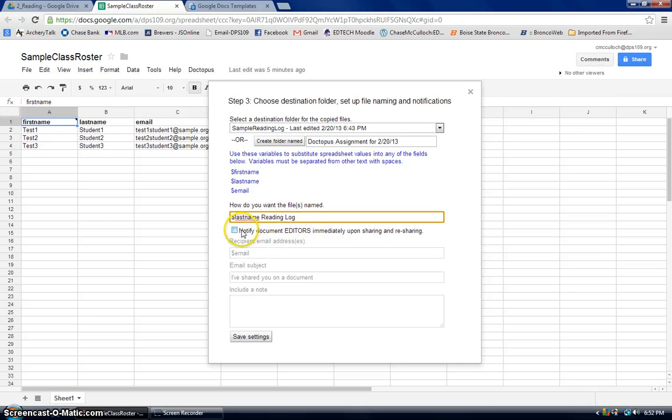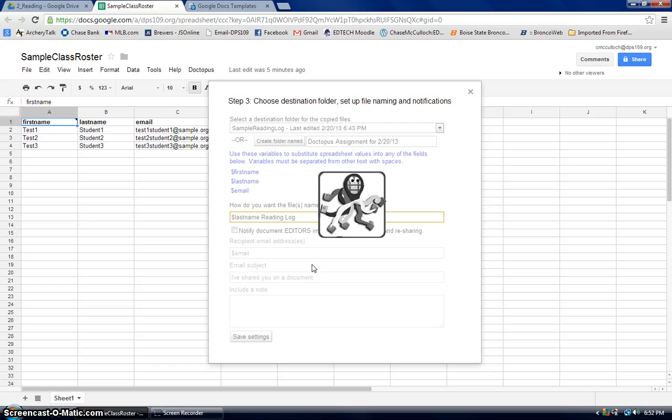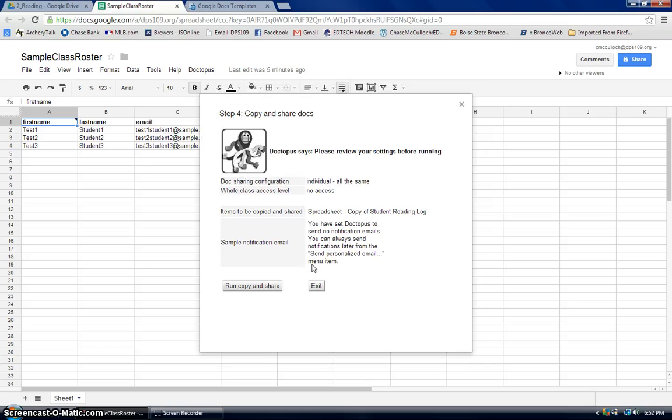So if you want to notify the people who you're sharing it with, you can, but you don't have to. I usually don't, because I just tell them in class. So then all you do is hit Save Settings, and you're basically ready to go. And what this will do now, it's going to give you the option to copy and share. I'm not going to do this step because I don't have real email addresses in there, so it's probably going to get confused. So all you do now is you run copy and share, and it'll share this document with every